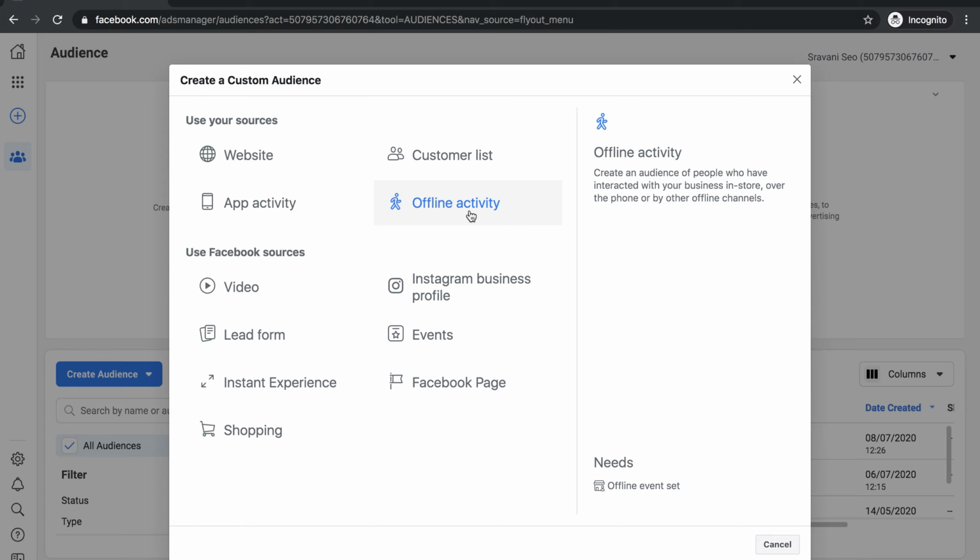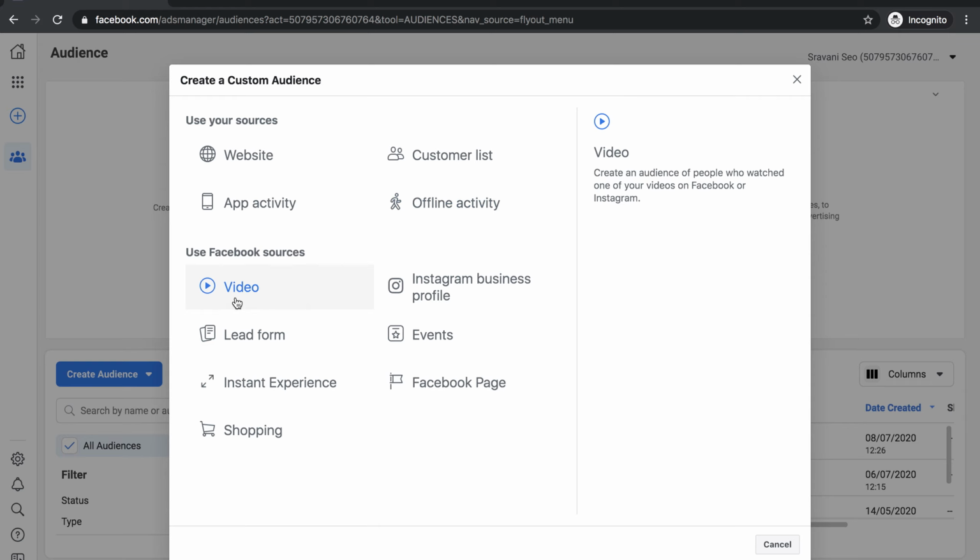Okay, physical store, through any other offline channels, by directly connecting with you, through contacting your business number, or mailing your business email ID. So any other offline format, if you have your customer data and you have uploaded it to Facebook, then Facebook will show your ads to that particular target audience.